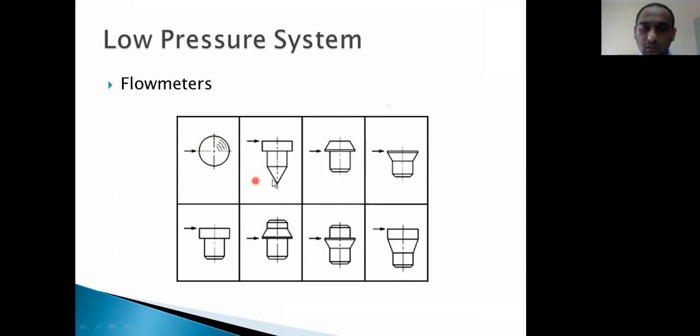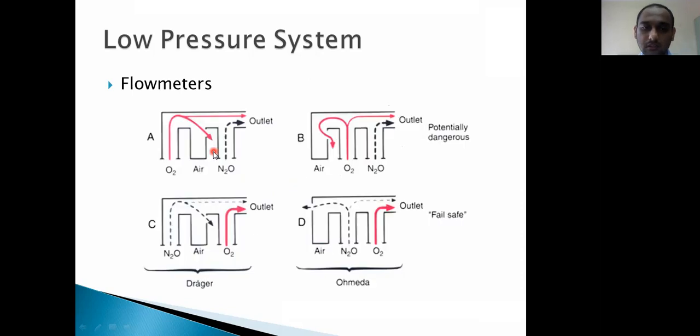Suppose at this lower limit, it is at 1 liter per minute, and this is at 2 liter per minute. So we have to read it as 2 liter per minute, because that is how this particular design of flow meter is to be read. As the commonest is the ball type of bobbin flow meter, it is to be read in the center. This is the one you are going to encounter commonly in the walls.